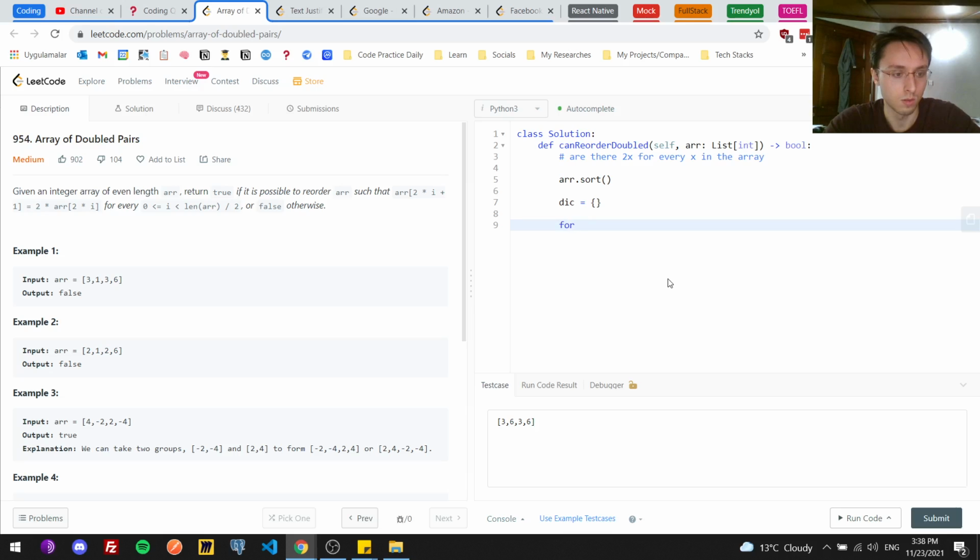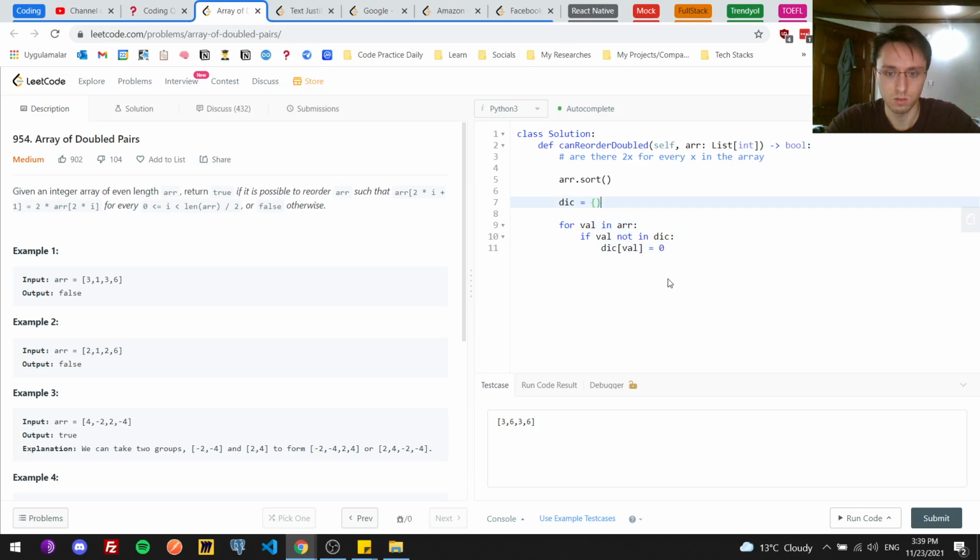For every item, do I have to change anything? No, I just need the item, like value in array. If value is not in dictionary, we basically create 1,